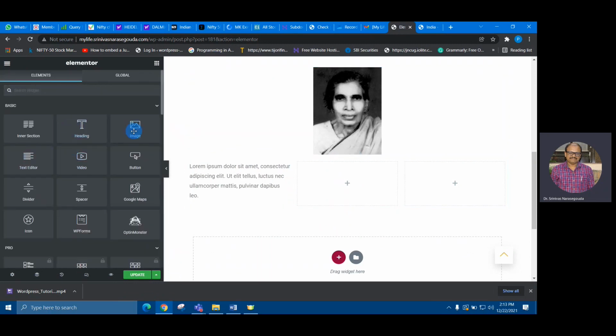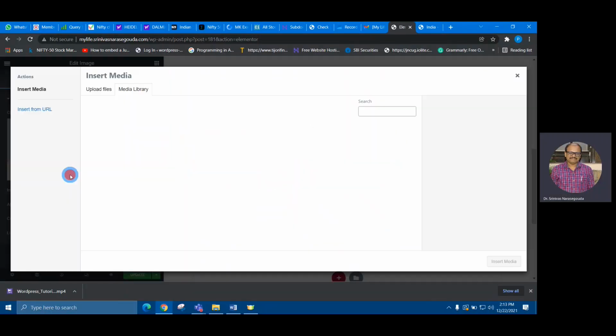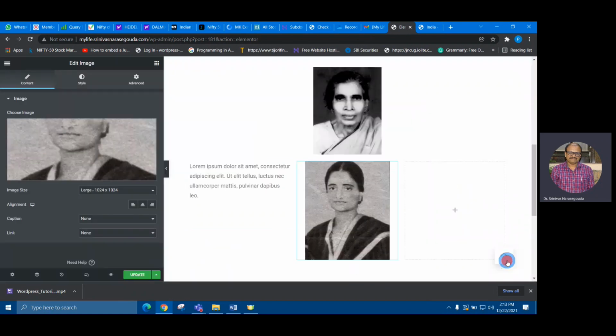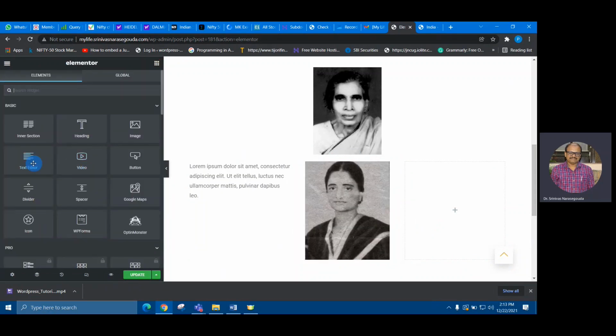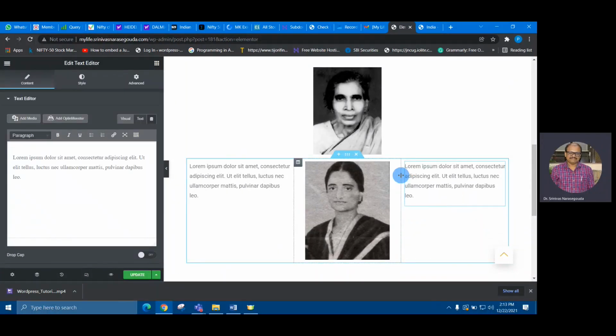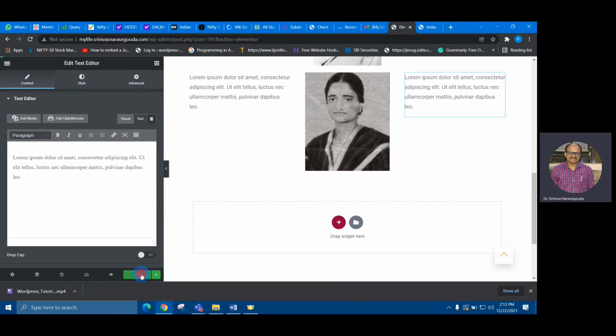So drag and drop, and then choose image, go back to some images and add it. And in the last one, again, click on this rightmost corner button, drag and drop the text editor and add some content. And once you're done with the contents, select update. So this is how the contents are added.